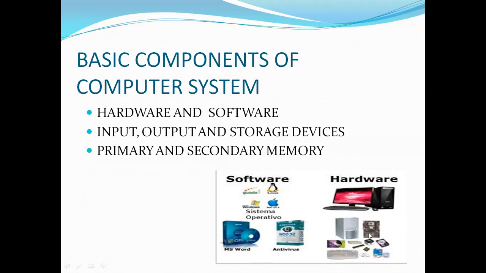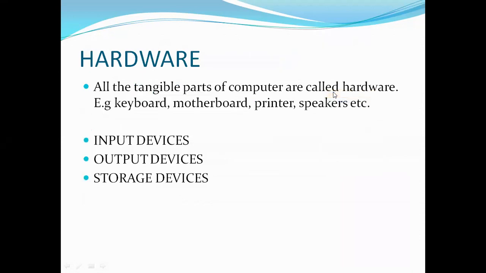So you can see here what is hardware and what is software. Basically, what is hardware? Hardware are the tangible parts of computers which we can touch, which we can see, which exist in the real world. That is called hardware. Means keyboard, mouse, monitor, motherboard, printer, all these parts which you can see and you can touch, or you can say all the tangible parts of computer that exist, that you can see, is called a hardware. For example, in previous classes also you have done what is hardware.